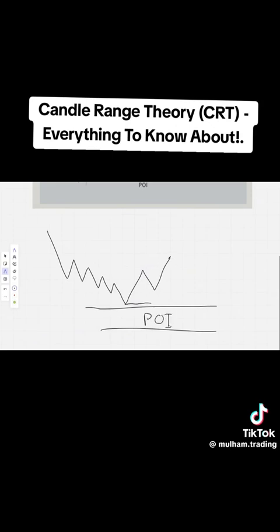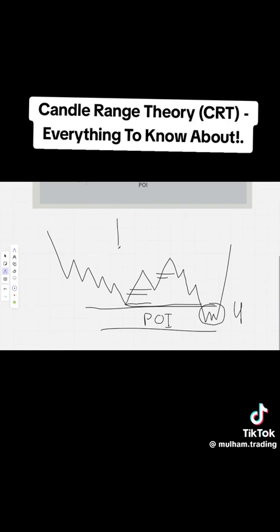And we talked a lot about inducement. Anything in here is invalid, anything in here is invalid. What's going to happen is price comes here, goes up a little bit, induces more people, uses all of those as inducement, going lower to the main POI, going up. So this is going to be a 4-hour low on the lower time frame. And then we started going up. And that's the manipulation in the 4-hour candle, a new 4-hour candle going up.